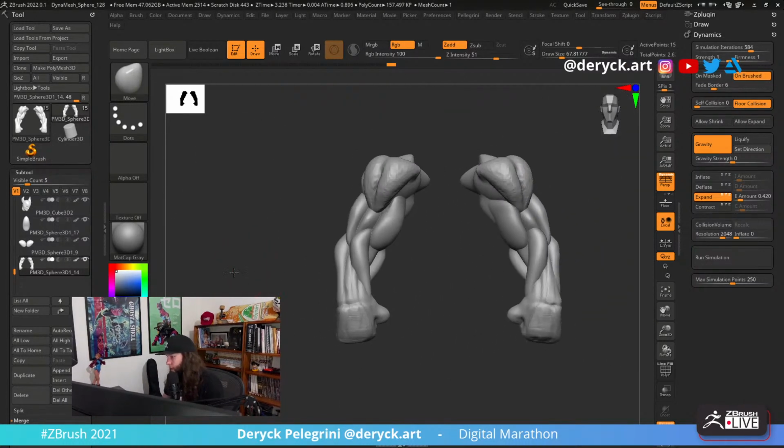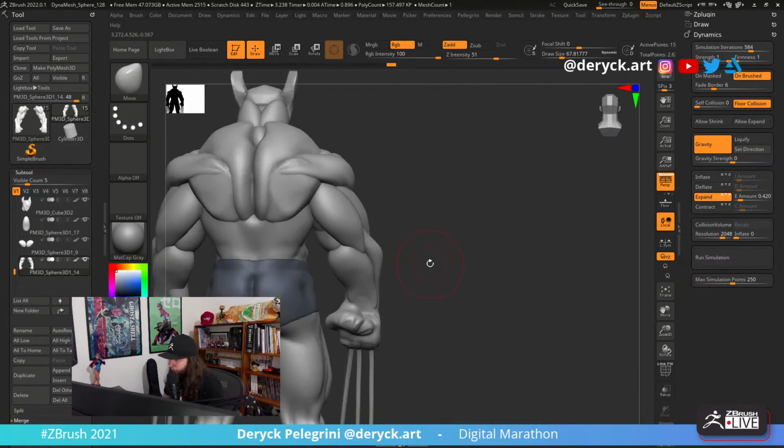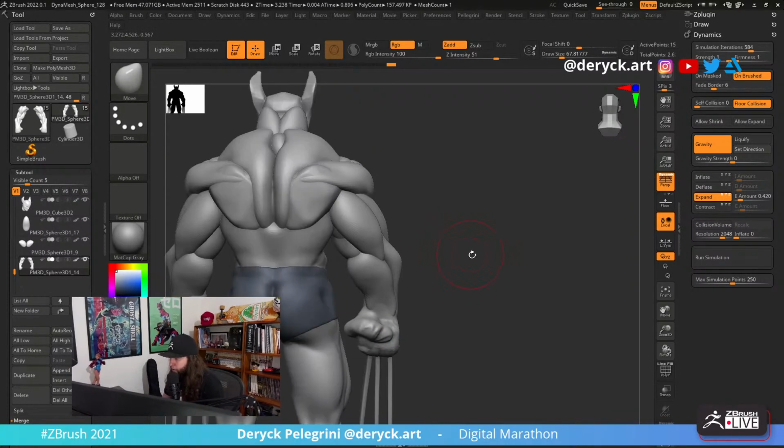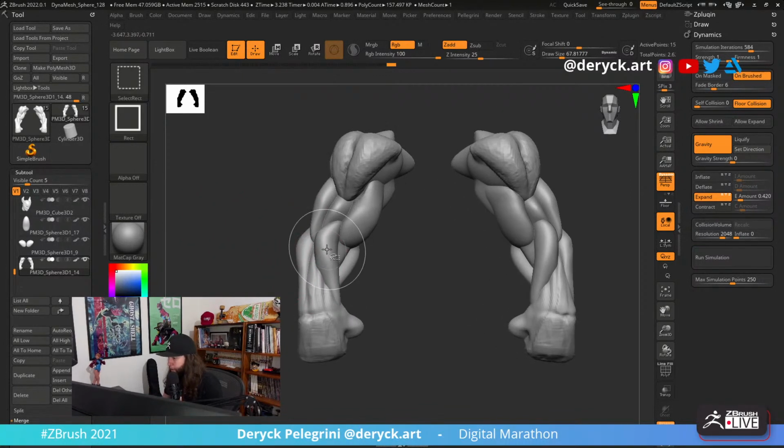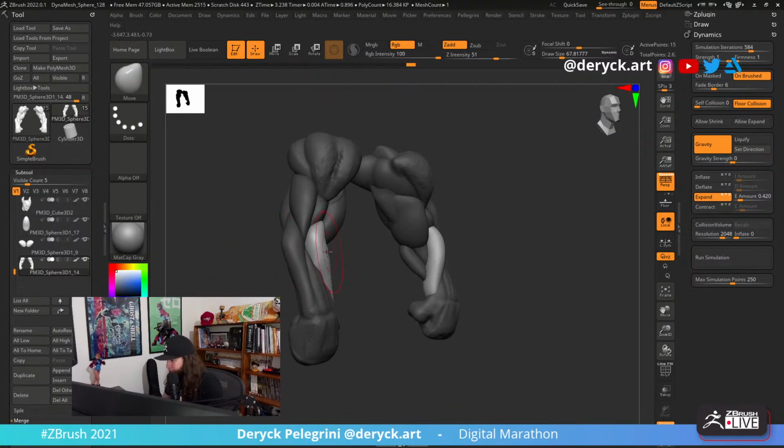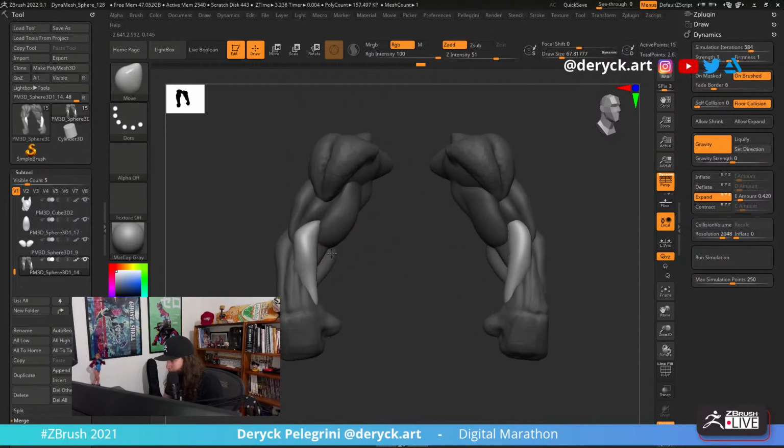All right, now I think I have all the set pieces for the arm, and now we can merge this together.